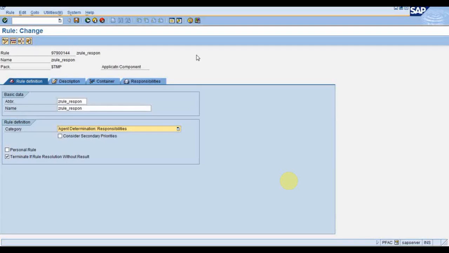Whatever it fetches from the rule, it just populates those agents to that particular expression tab, and then that user will receive those items in their inbox. So any doubt on this rule by responsibility? Okay, so next I will discuss this